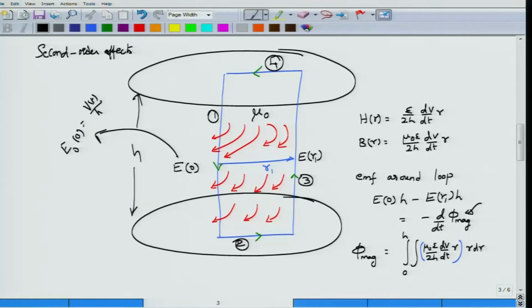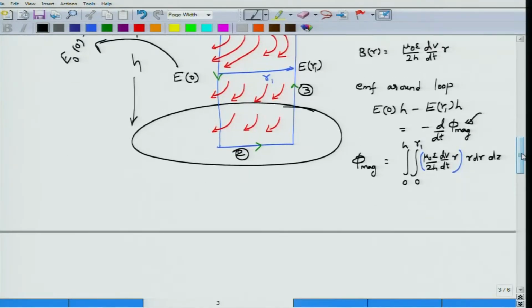So, this would be r dr, and the integration is from 0 to r1. So, r equal to 0 to r1 and integration along say dz. So, clearly integration along z will give one h, that h will cancel the h in the denominator. So, the magnetic flux density that you will get will be equal to mu 0 epsilon by 2, dV